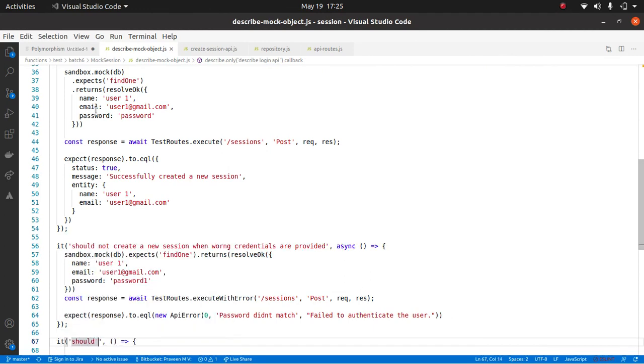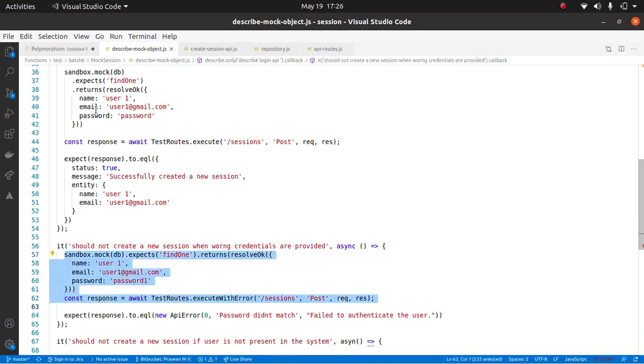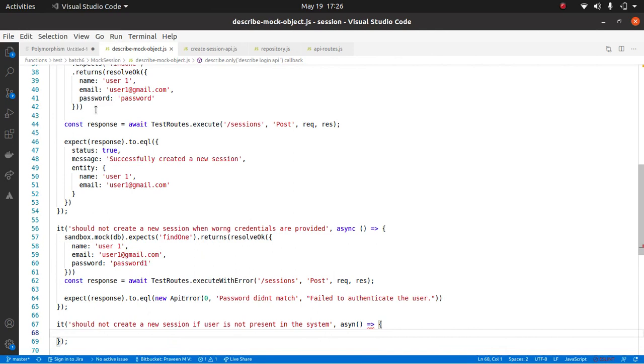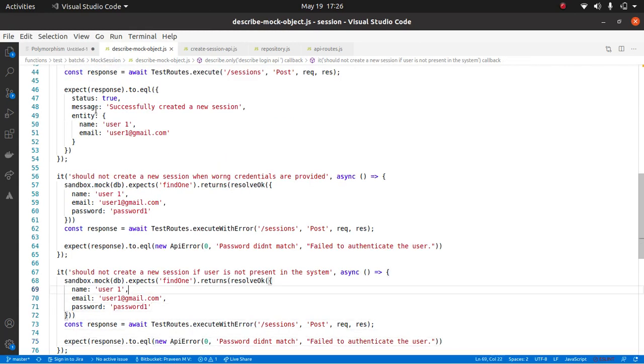It should not create a new session if the user does not exist, if the user is not present in the system. Is that correct? Yeah. I'll make this async, and I'll basically do the same thing, and instead of returning an object, I will return null.